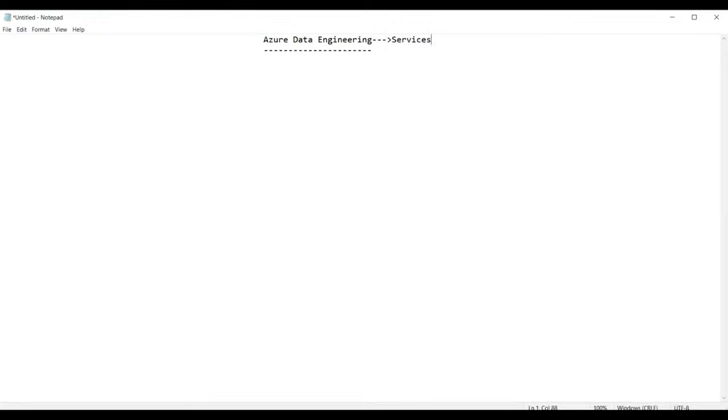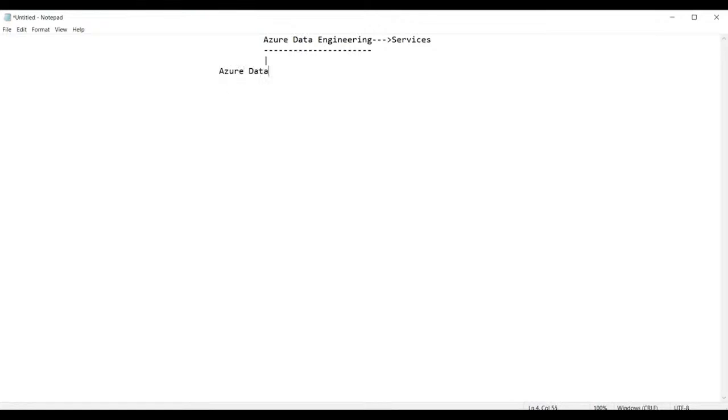The following are the various services provided for various operations in Azure Data Engineering. Let us see what the first one is. We have the first one here as Azure